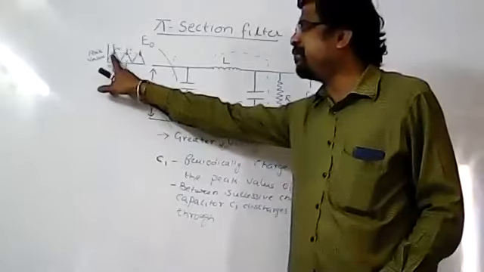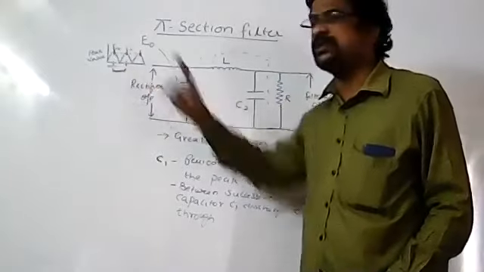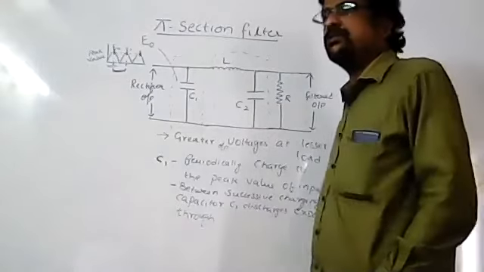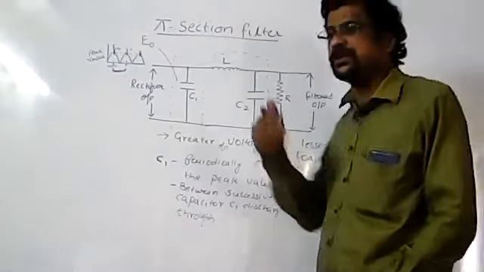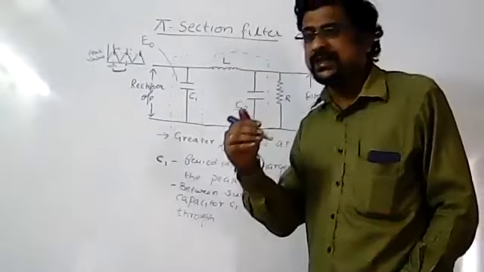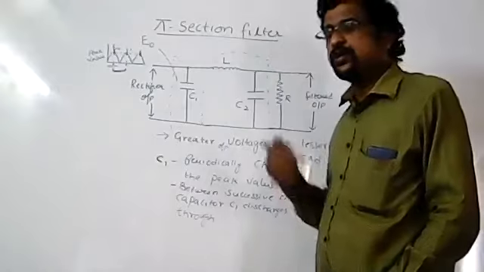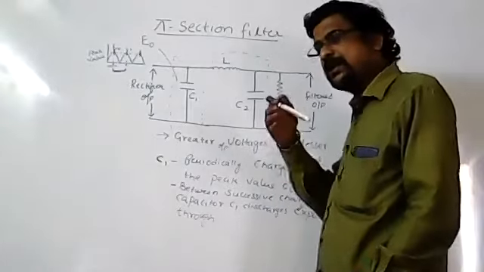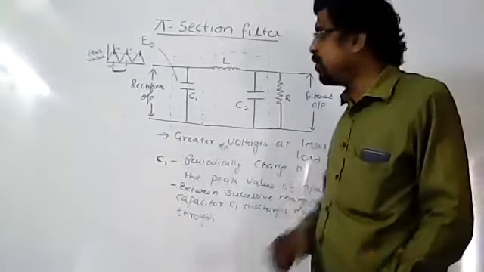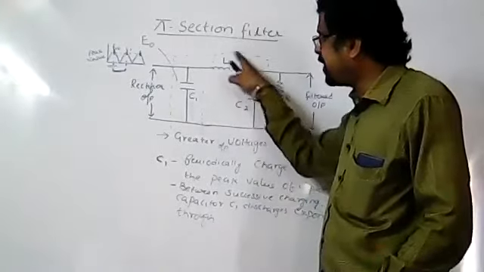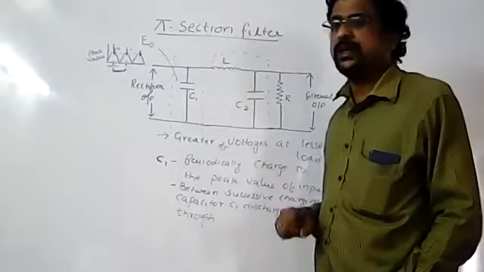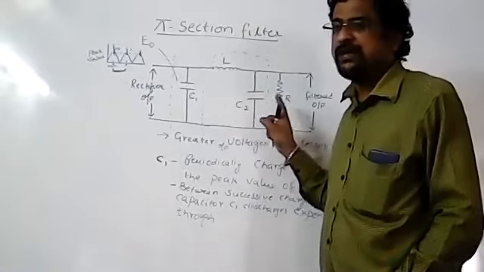Why is it discharging? Because the input signal is falling down to zero. Since it is falling down to zero, the charge across the capacitor also starts decreasing, but it decreases exponentially. So whatever charge has been discharged, where will it go? It will be delivered to the next filter, which is the L section filter.